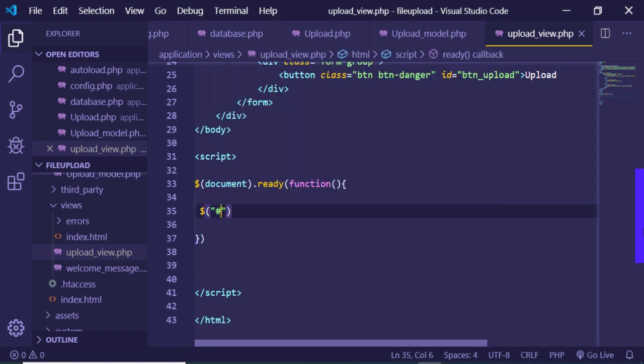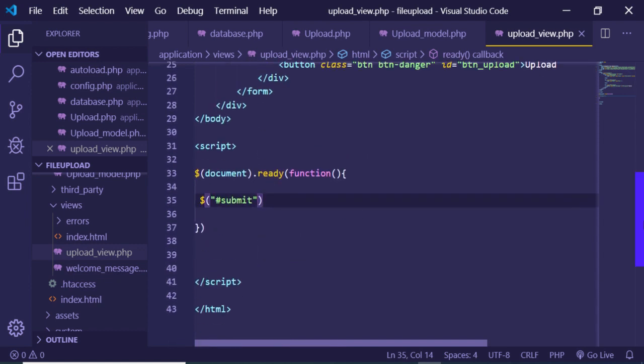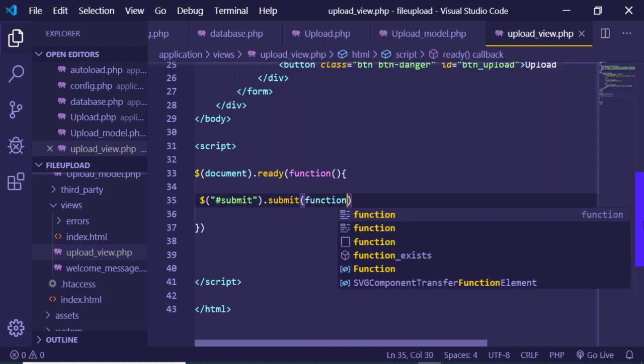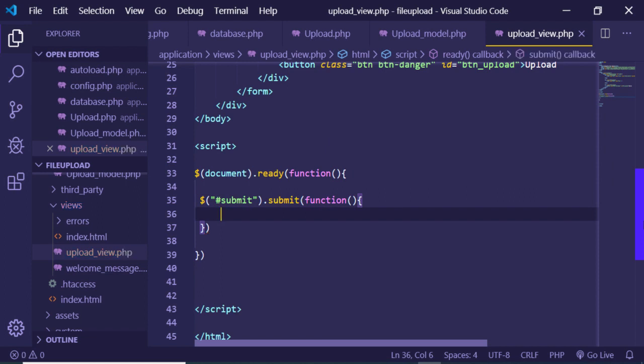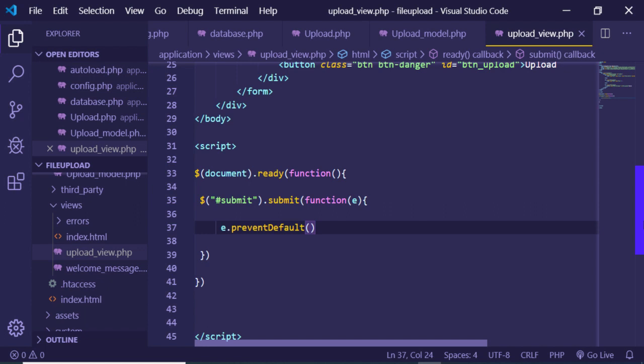I think that we have given an ID to this form here, which will be submit. I haven't given the ID. Let me just see. You can see that we have given this ID of submit. So we are targeting this form, and we are binding a submit event handler. Whenever the form is submitted, we call this function, and this function will receive the event variable. So here we can call a simple function e.preventDefault, and it will prevent the auto submission of